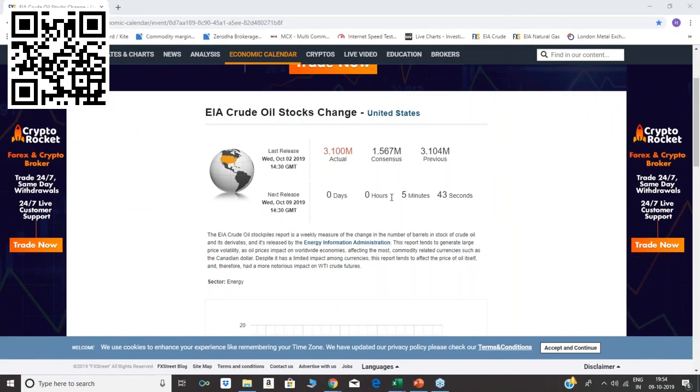Let me just check how many minutes are left for the inventory. 5 minutes left. This was the last inventory, right? So what was the previous inventory? Come on, all of you, please focus over here. The previous inventory was 3 and what was the forecasted? 1. But what did the actual come? It again came 3. So it was more than the forecasted.